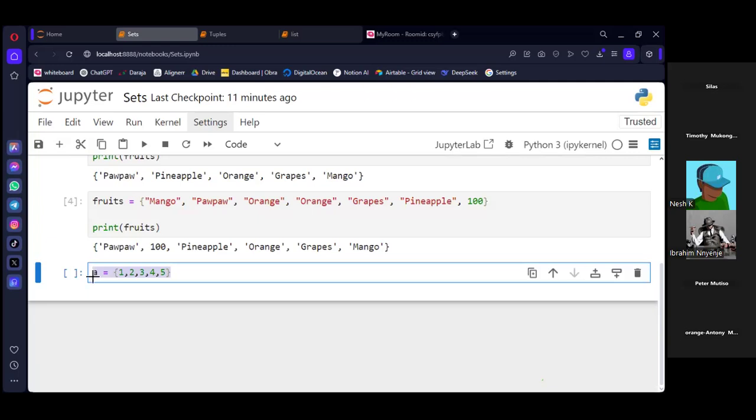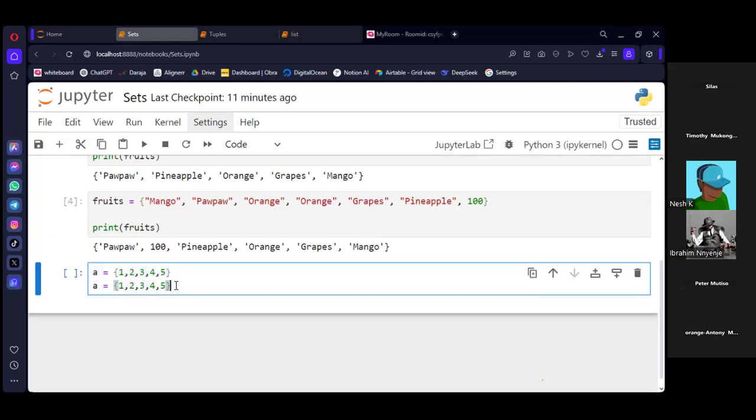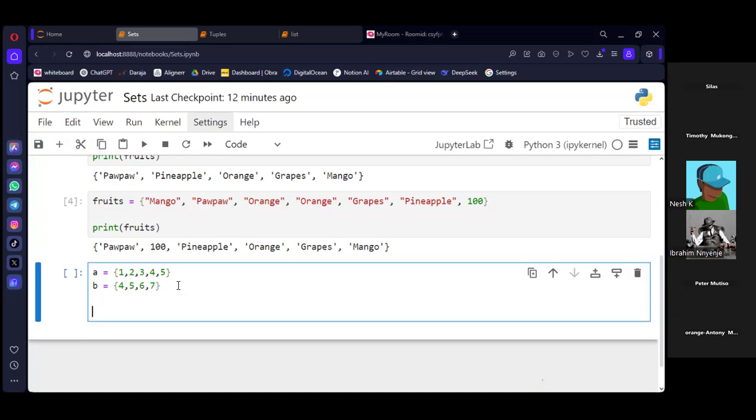And then set B, 4, 5, 6, 7, or whatever it is. So for the output, when you want to concatenate, in fact, without even using any method, you want to print, you want to join A and B, and you say, for example, A plus B.